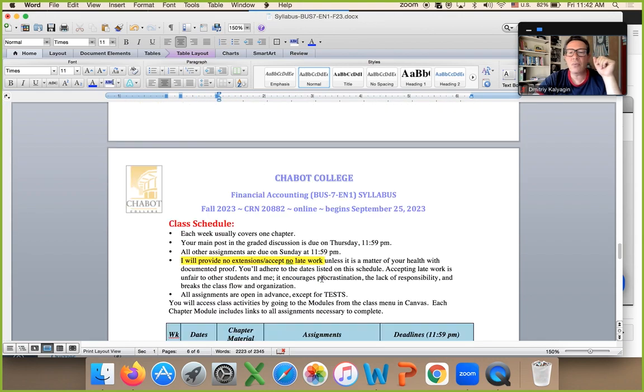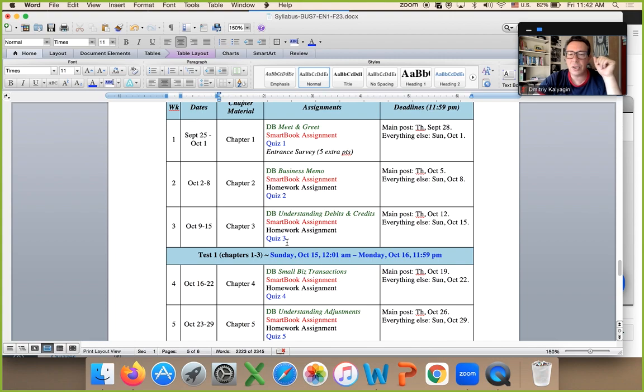Then every 3 weeks, after every 3 chapters, you have a test, an exam. An exam is open from Sunday, early, like midnight Sunday, beginning of Sunday, whole Sunday until Monday midnight. But you have 1 attempt to access the exam, and you have 3 hours to complete it.